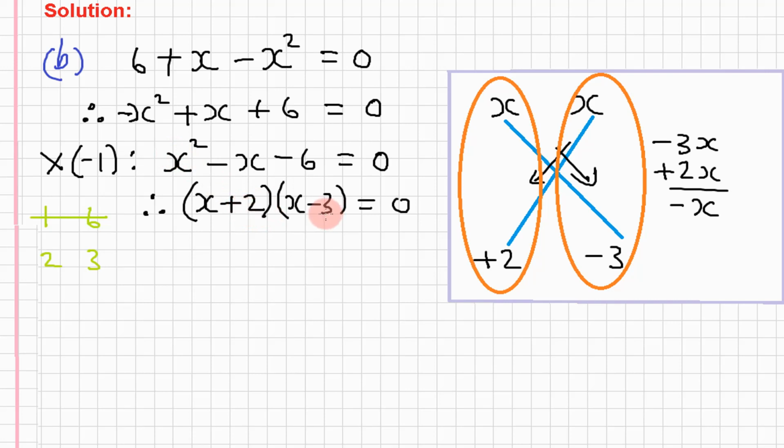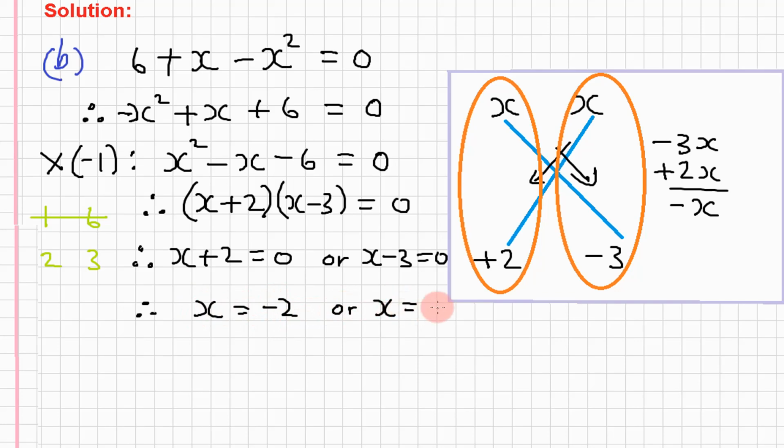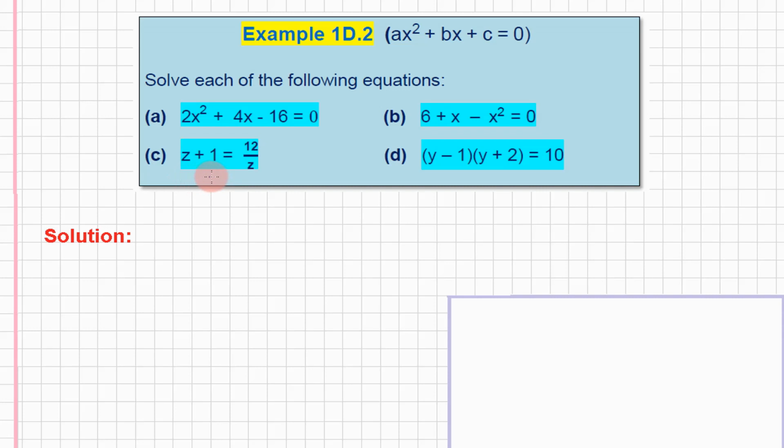Positive 2 times negative 3 is negative 6. Here we have positive 2x minus 3x is negative 1x. We use the zero product rule. And in solving for x is negative 2 or x is 3. Then going on to C,